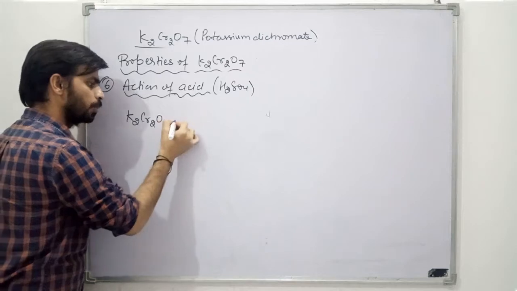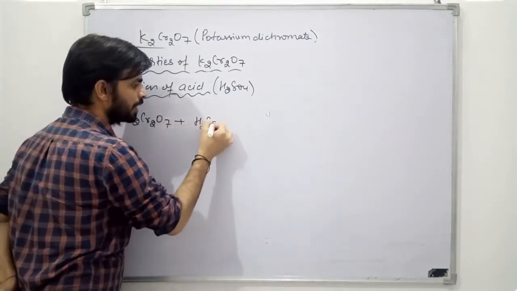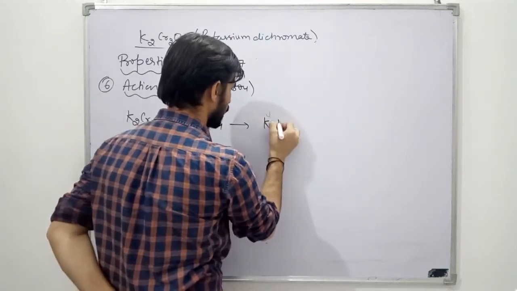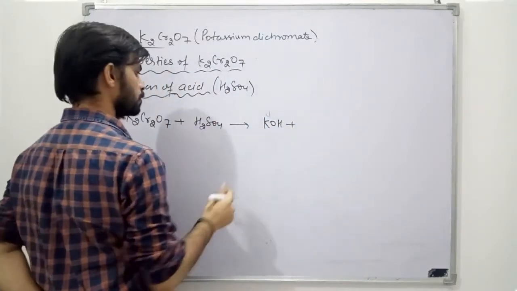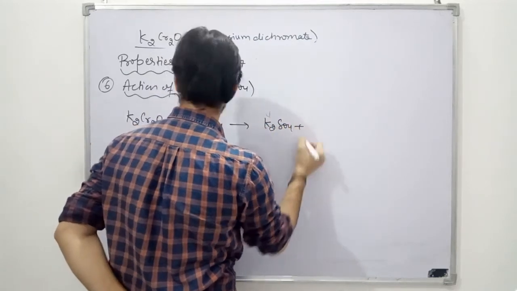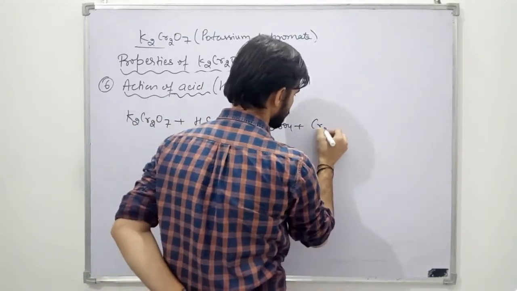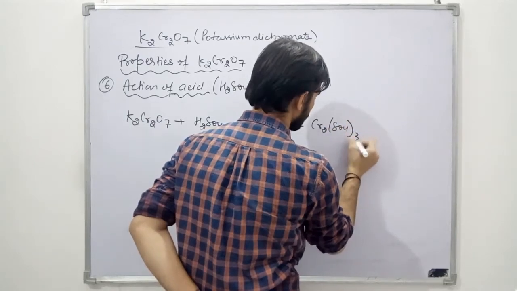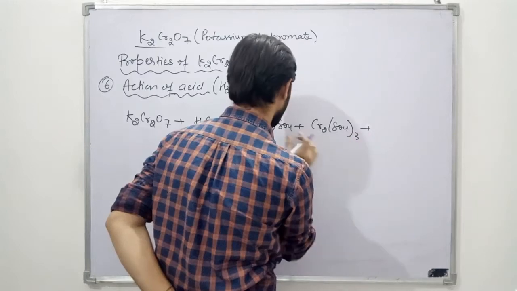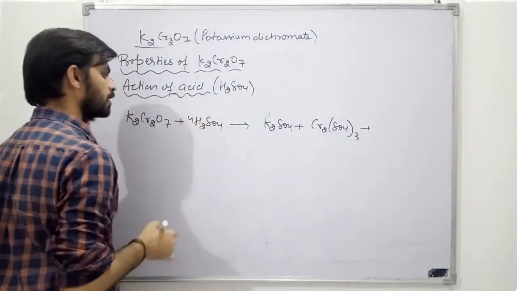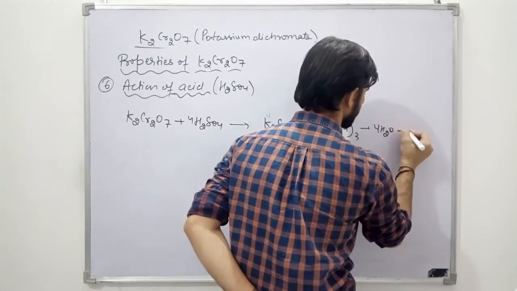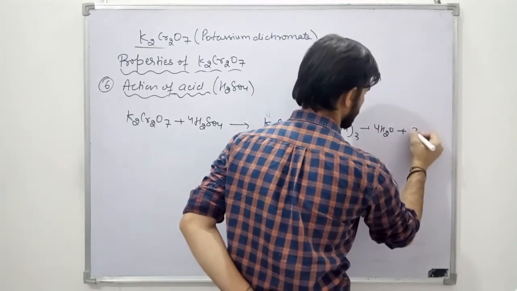K2Cr2O7, potassium dichromate, when treated with sulfuric acid, it gives potassium sulfate, K2SO4, plus chromic sulfate, Cr2(SO4)3. Here we have 3 plus 1, 4 sulfate, then 4 times H2O, and 3 nascent oxygens are